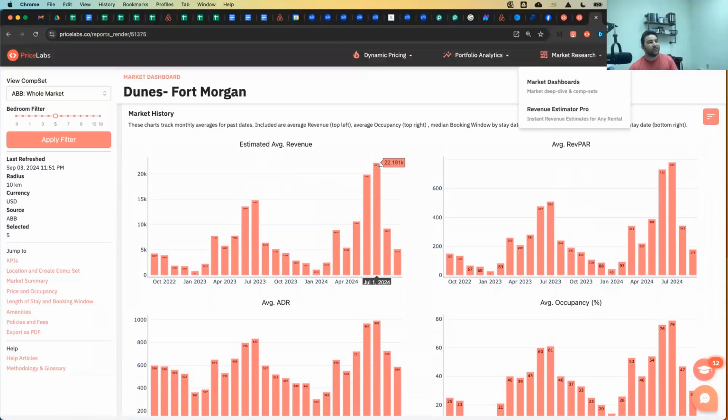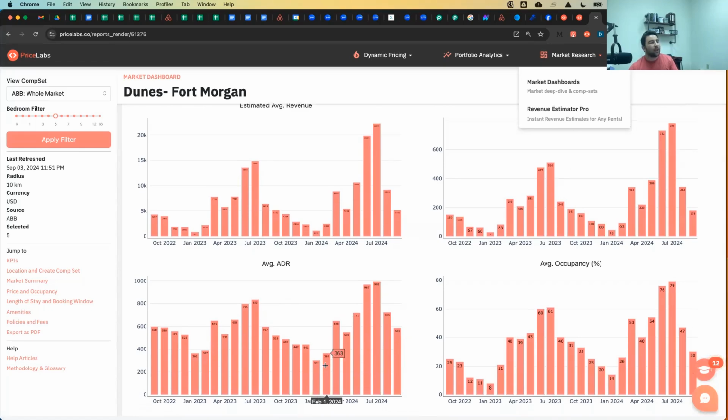I know that because of the Zoom, this is really hard to see, but you can see the scope of the graph, right? We can see that June and July are our high season. Pretty obvious. And we can see that it's repeated by revenue, RevPAR, occupancy, ADR. Those are the highest months all the time. Then we look and we see, okay, we have a shoulder season before, we have a shoulder season after, and then we have low season. And you can see that there's a huge difference here between ADR in high season, 992, and ADR in low season,